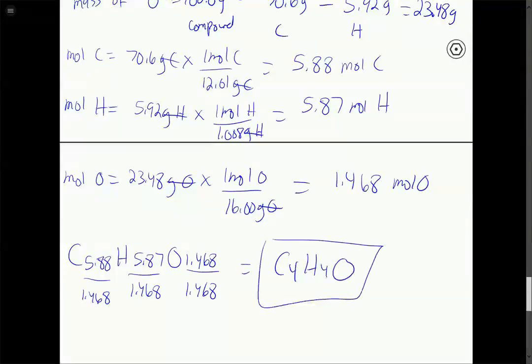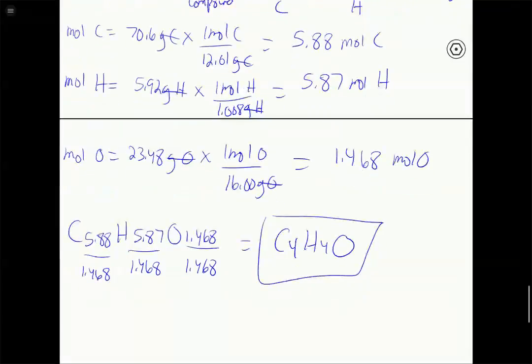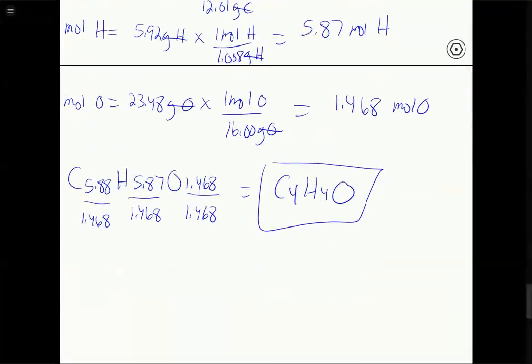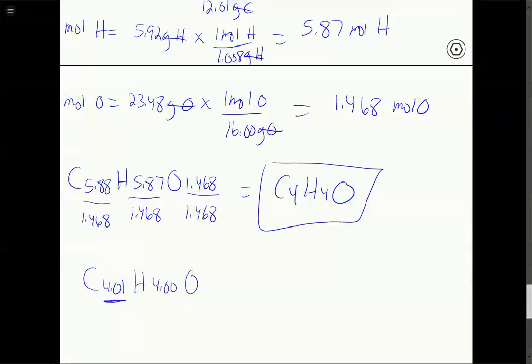And we don't have to do anything else. Now again, remember, we don't want to do too much rounding here, so if we want to be a little bit more precise, what we get is C 4.01, H 4.000. So because this 4.01 is pretty close to a whole number we can round, we don't want to do